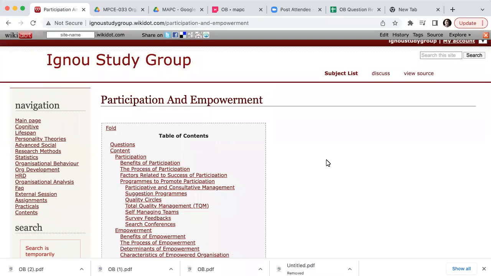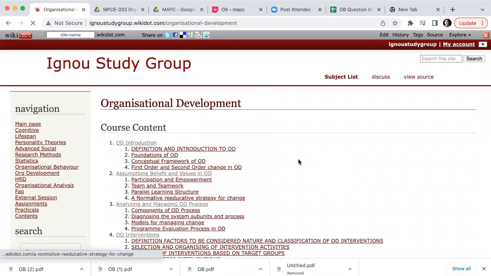So now we are into block 2 of OD. What we have actually done until now is we went through a definition of OD and a very high conceptual framework of OD. When we say high conceptual framework, we just talked about what global or worldwide organizations are, and then we talked about first order change and second order change and the various processes that are involved in the change.